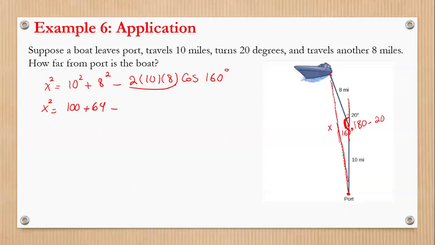Multiply these 3 gives me 160 times cosine of 160. I need to put this in the calculator and add these together and then subtract the answers from each other. And the answer for x squared would be 314.35. And if I take the square root of this number,